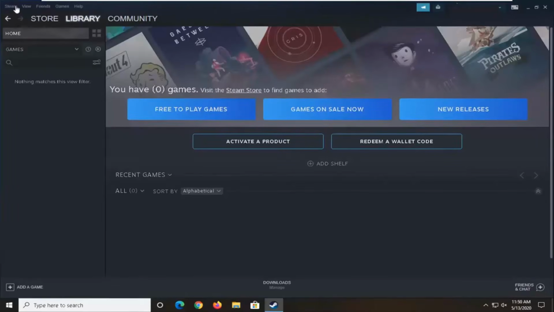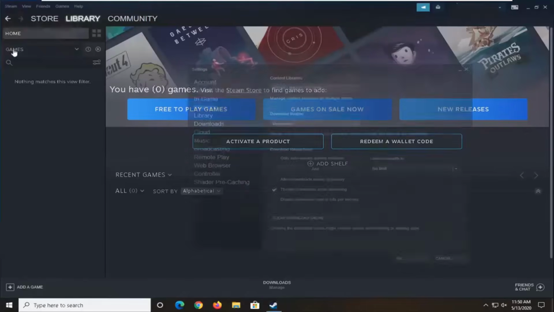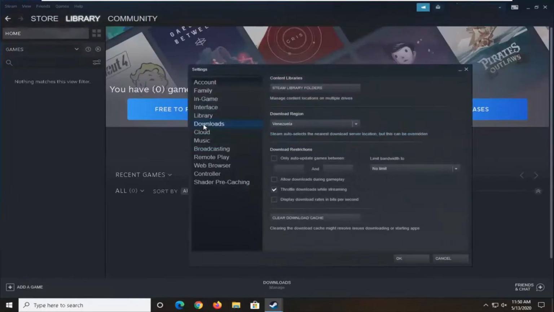So we're going to start by opening up the Steam application if it's not open, and then select the Steam tab up at the top left, and then select where it says Settings. Go ahead and select the Downloads section over on the left side, and now on the right it says Clear